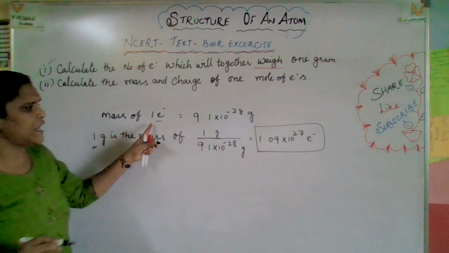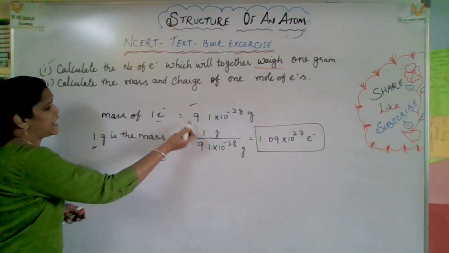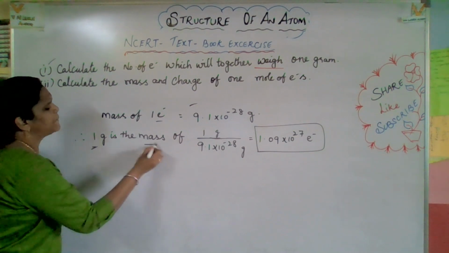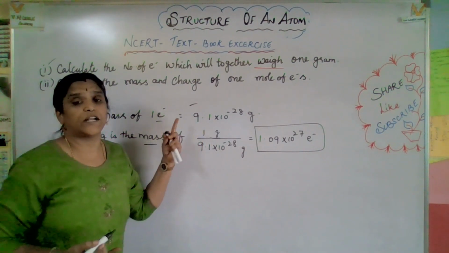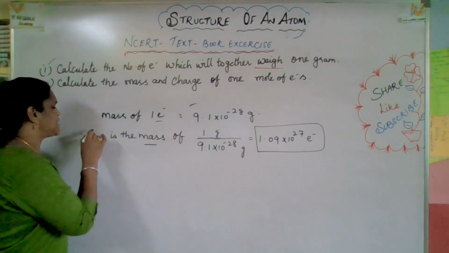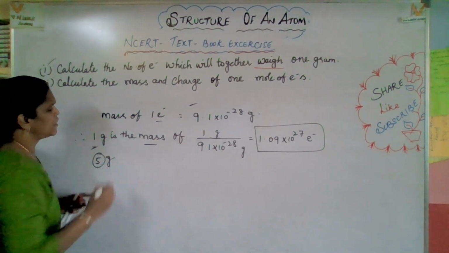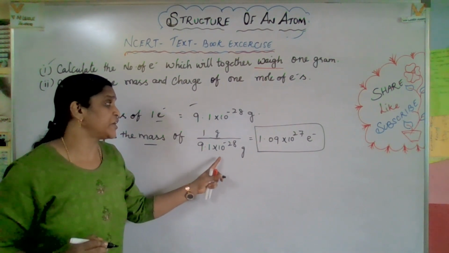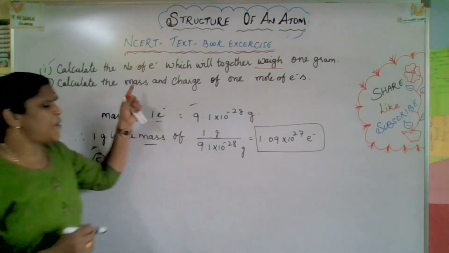See, the mass of 1 electron is this. It is mandatory, it is a constant. So the mass of 1 electron is this much. Therefore, 1 gram divided by the mass of an electron. So, 1 by that, in general given mass by molecular mass, in that way you can consider. Here the given mass is 1 gram. Suppose, for example, they mention 5 gram, then 5 gram divided by 9.1 into 10 to the power of minus 28 gram, you will get the answer. Hope you got a clear idea about the first question.